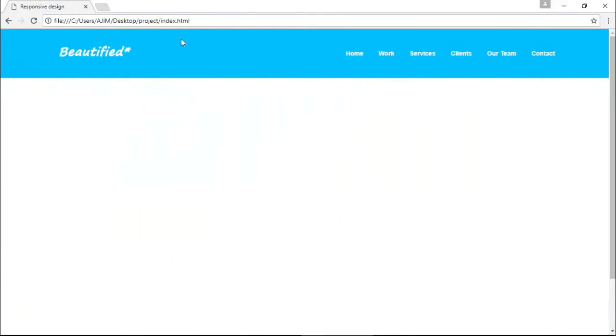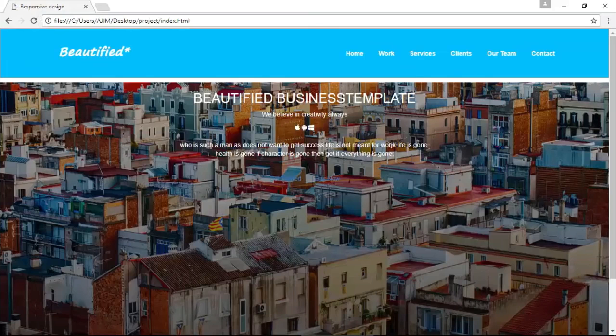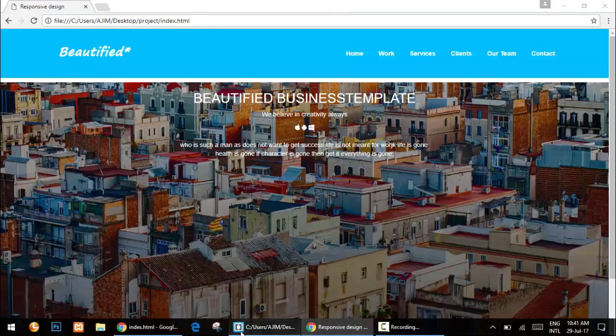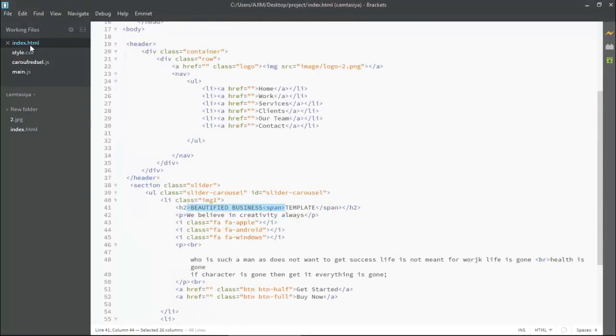Now we will work on these parts. We have to make it bold, and as you can see we are getting less space in between the words, like business and template. So we have to put a gap or space in between the name. What I can do is come to the index page here and put a single space here. Now I will make it bold. For making it bold, simply we need a code. What will the code be? slider h2. Slider h2, because inside the slider we have an h2. So the code will be slider h2.